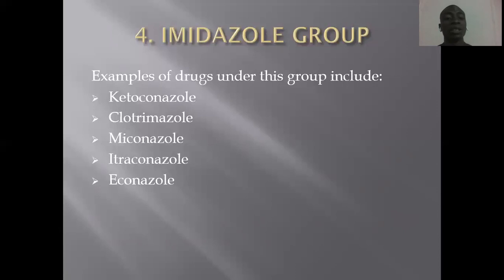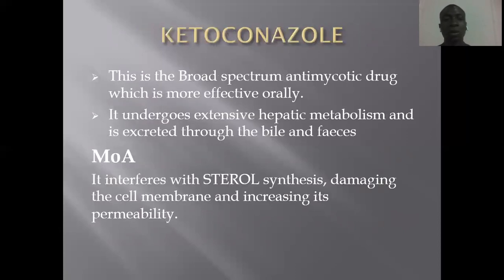So we're going to look at the last group now, the imidazole group. Examples of these drugs include ketoconazole, clotrimazole, miconazole, econazole, tioconazole. So all the drugs in this class, the imidazole group, end with azole. Ketoconazole, clotrimazole, miconazole. So we are going to look at